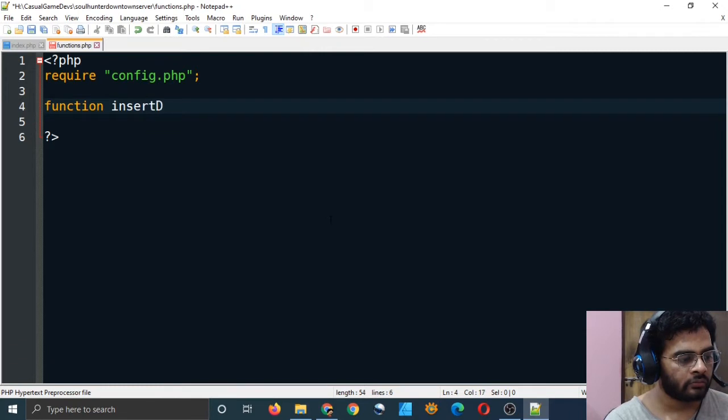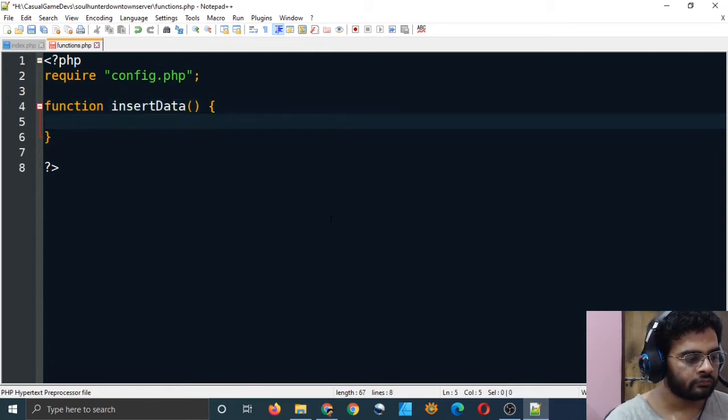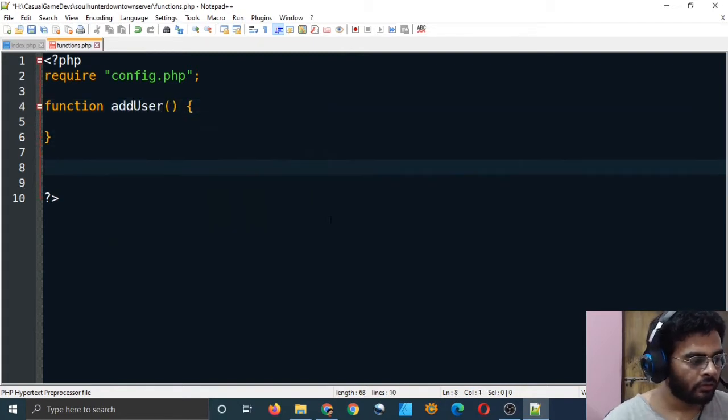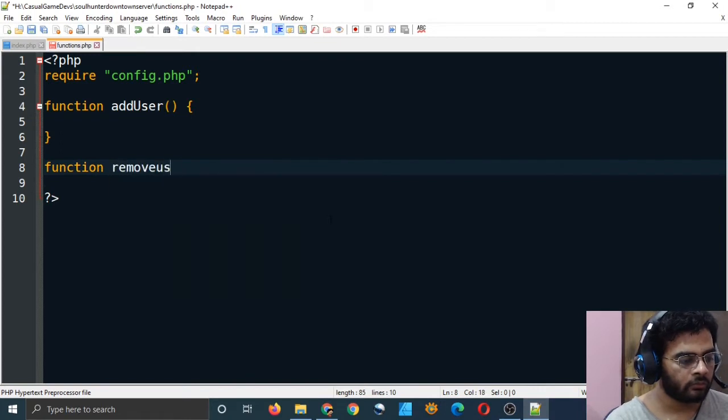Function insert data, insert user, add user, you can say add user. And if add user is made, we will also have to make remove user.